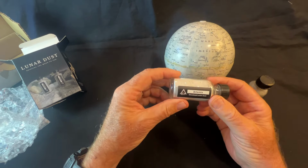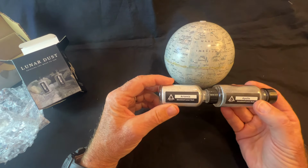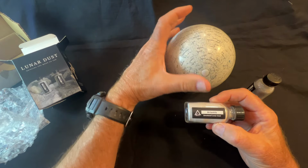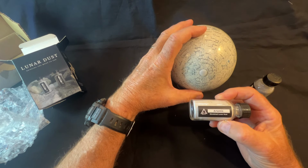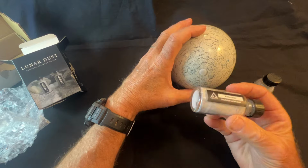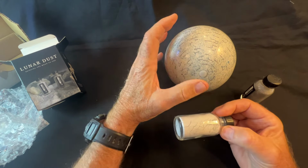So the Artemis program is the program to return to the moon. Artemis was Apollo's sister in mythology. And so the Artemis program is the one that's going to be going to the South Pole of the moon. This is the highlands area. It's a lot more mountainous in this area, and there aren't really any seas in this area. There are some large craters,